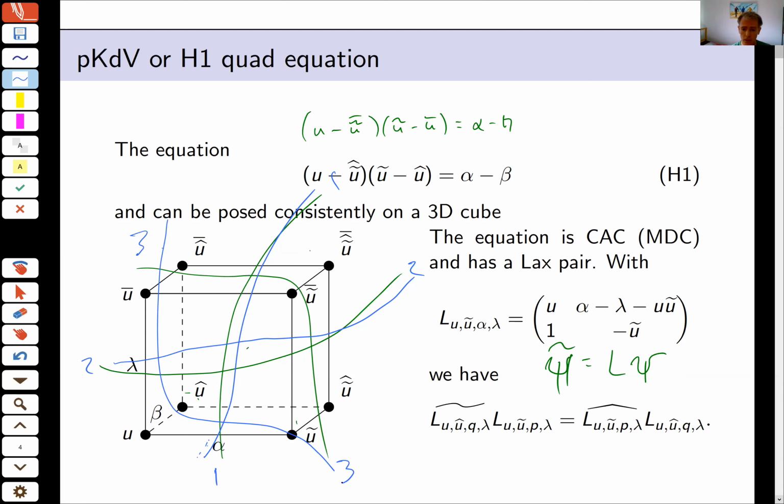Another thing I want to stress is there is an element of scaling. So if you go from Mobius transformations or fractional linear transformations to this matrix representation, you have a scaling that you have to fix. And the scaling can be fixed for this matrix in such a way that L U bar multiplied with L U is equal to some constant, and that constant can be scaled to 1, which makes it easy to do proofs. You may want to not scale it to 1 and work with square roots